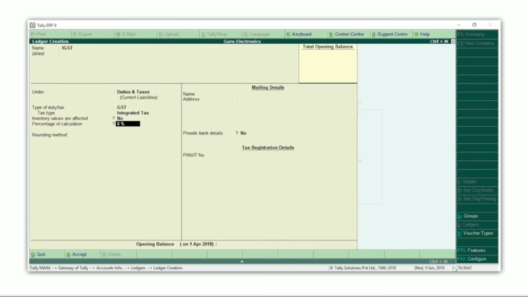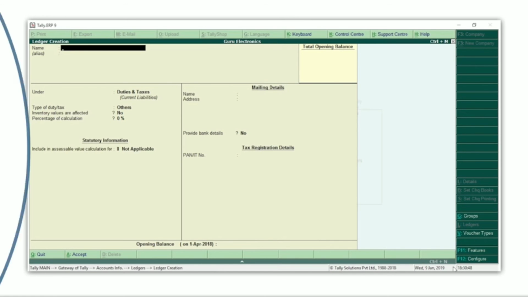In case cess is applicable for your business, you can create a ledger for cess too. We are done with setting the GST details. In our next session,